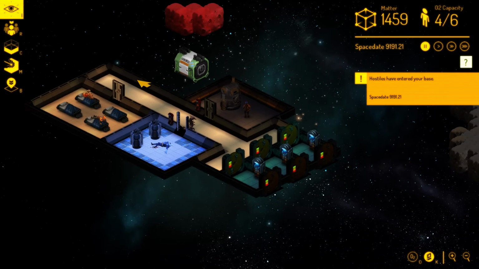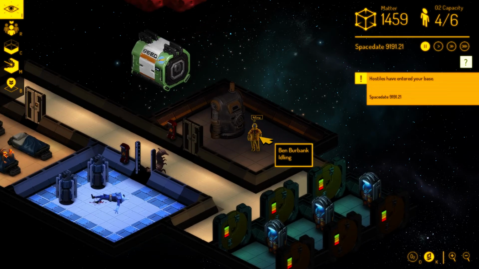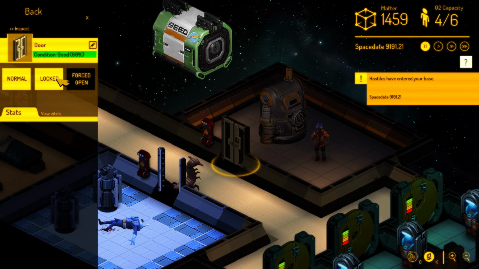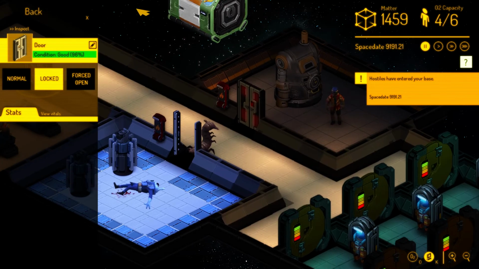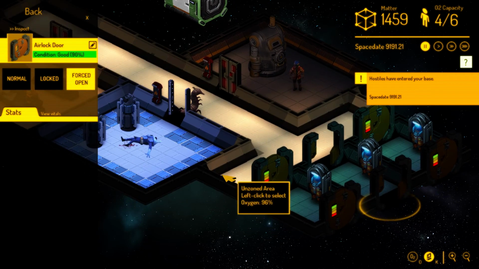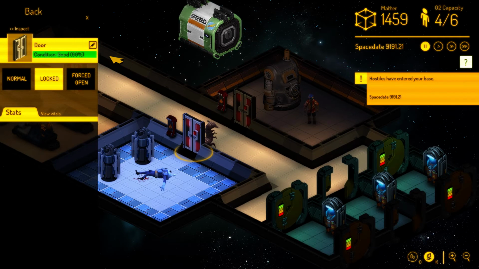But we have a big problem because there's two guys asleep and Ben Burbank's in the refinery room and that alien is going to go and kill him. So let's lock that door so he can't get in there, and lock that door so he can't get in there, and force open that door and force open that door, and hopefully he should get sucked out into space, because I'm a bit buggered if he doesn't. So